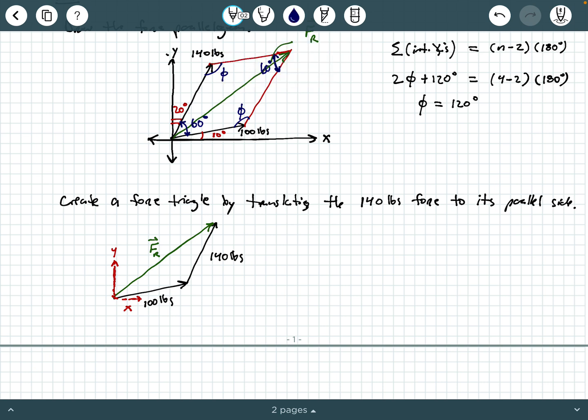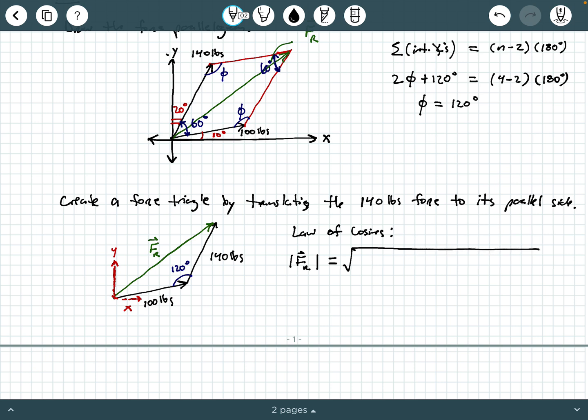And then remember, we got phi, so we know this interior angle is 120 degrees. That is this phi right here, 120 degrees. So now what can I do? Well, I can now set myself up to apply law of cosines. What does law of cosines say? It says that the length of one side of a triangle, which in this case will be the magnitude of this resultant force. Remember, the magnitude of a force is the physical length of the vector. So this is still a triangle, and the magnitude of the resultant force is going to be equal to